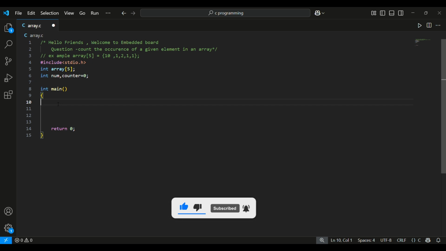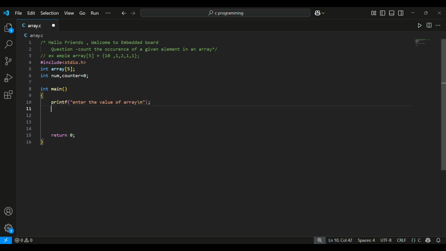Now coming to the main function. First we will give the printf function: printf "enter the value of array". In the next line we run a for loop to take input from the user: int i starting with 0 and going to the size of the array, which is 5, and i plus plus. In the for loop we use a scanf function with %d to take input from the user into array[i].